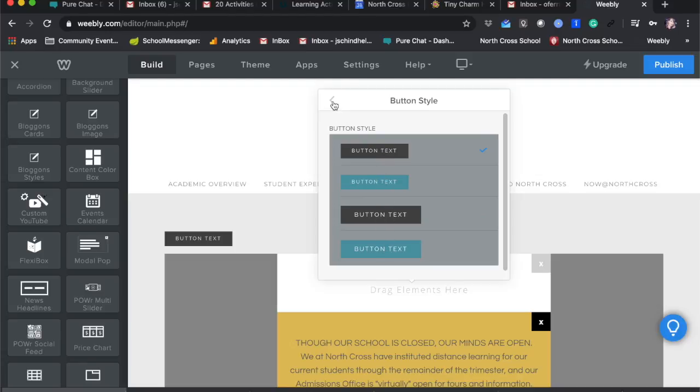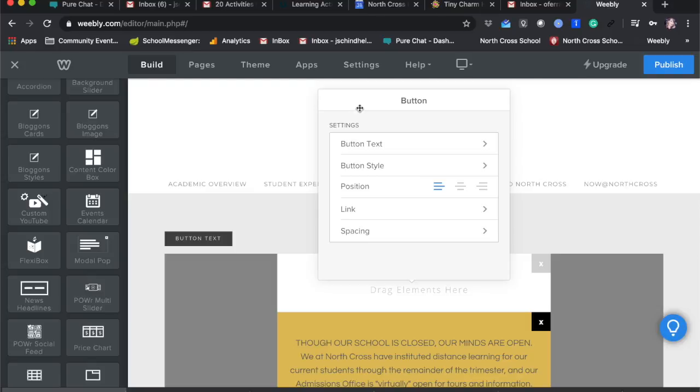There's two styles of button. There's one that has bigger text and one that has smaller text. I don't really use the blue ones because they're not in our color scheme, but that's part of the theme. The text is where you would change what you have on here, pop-up test. And then